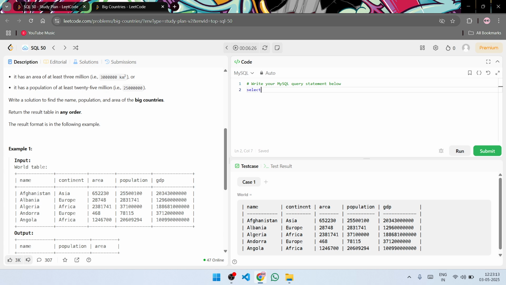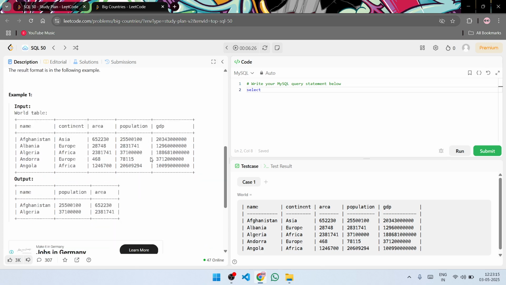First of all, select what is the column names we need. That is name column. Then comma, we need population. And then we need the area. So we'll just copy them directly so that we don't do any spelling mistake. Area, from which table? The table name is world. So from world,